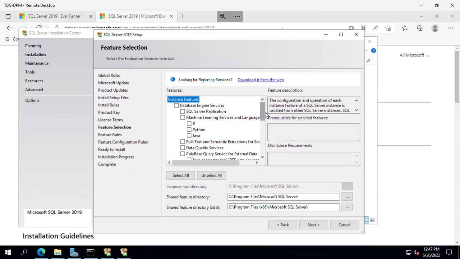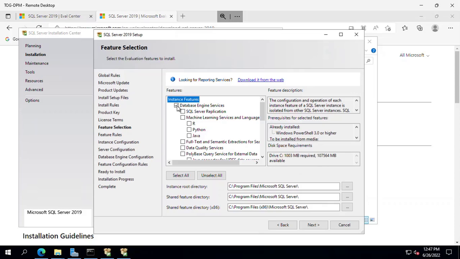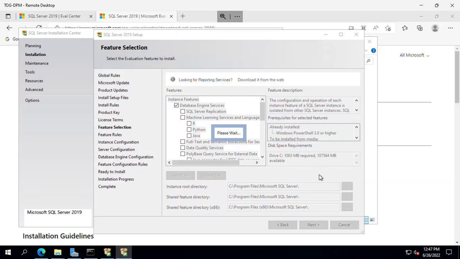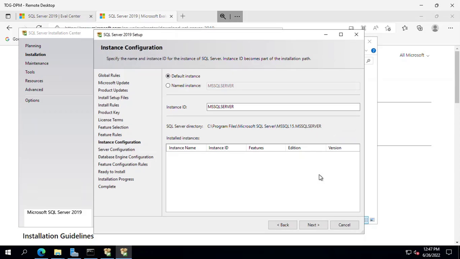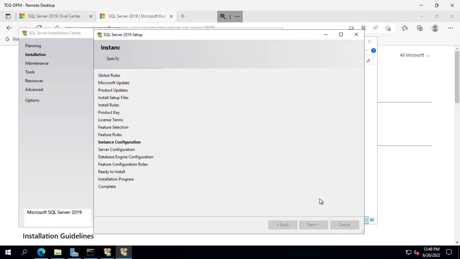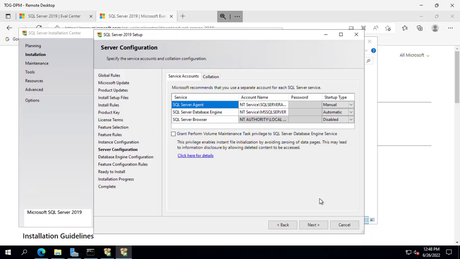Okay, so when it comes to SQL Server features, what we need is Database Engine Services. Let me click on that and click on next. Give it a moment to load, and I'm gonna go ahead with the default instance. Okay, it's loading the configs. Give it a second to load. Okay, from here